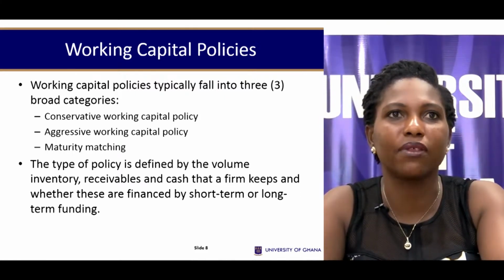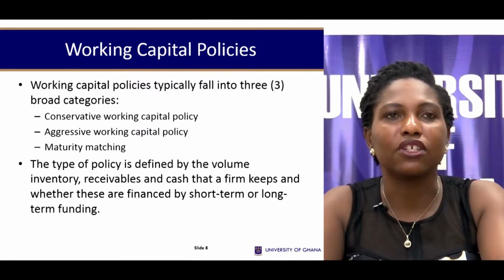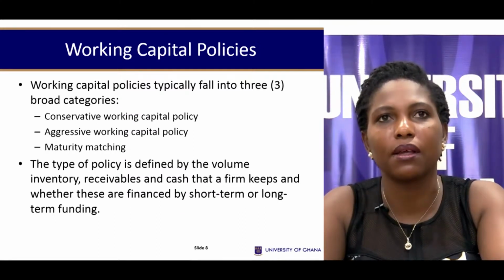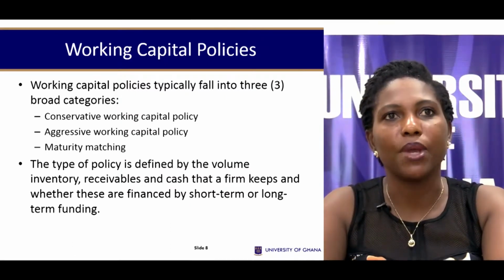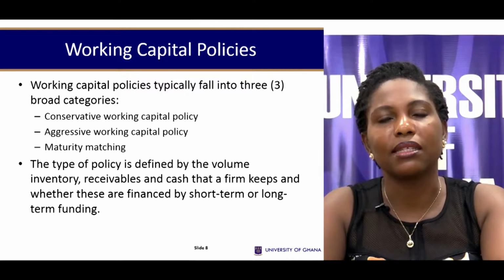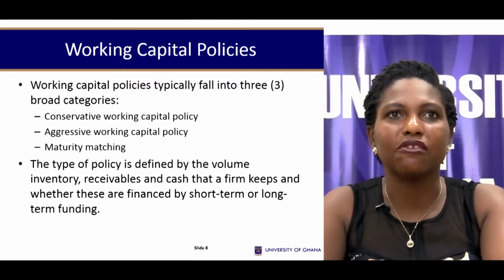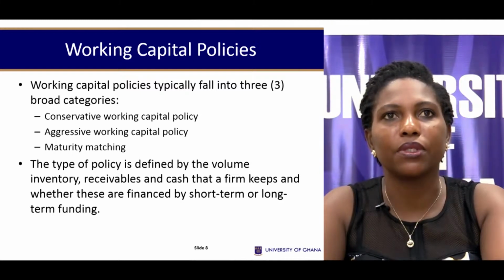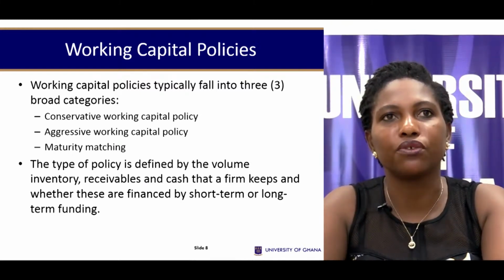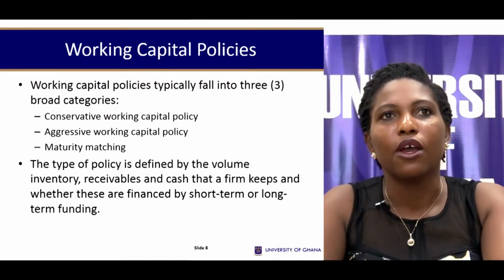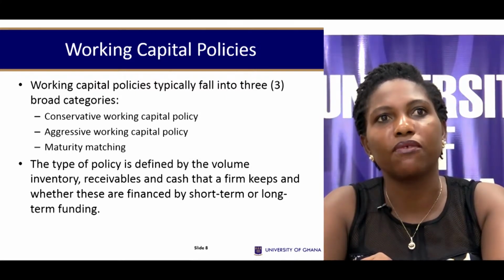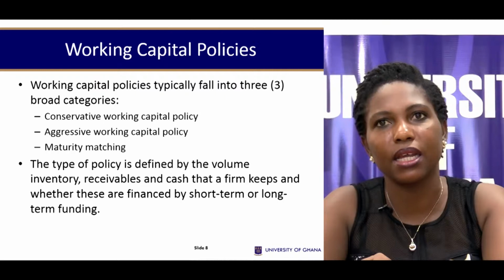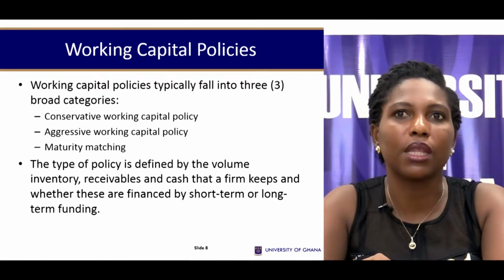On the extreme, we have the one that likes to keep the minimum levels that can be attained for all and tries to even fund it with cheaper short-term capital. This is usually one that is pursuing an aggressive working capital policy. And then we have the maturity matching group that tries to find a balance by ensuring that the lifespan of the assets within its capital structure framework is matched by the maturity of the financing. So then, to a large extent, you can determine the kind of policy that is being pursued by a firm based on the volume of inventory, receivables, and cash that it keeps, and whether they finance these with either short-term